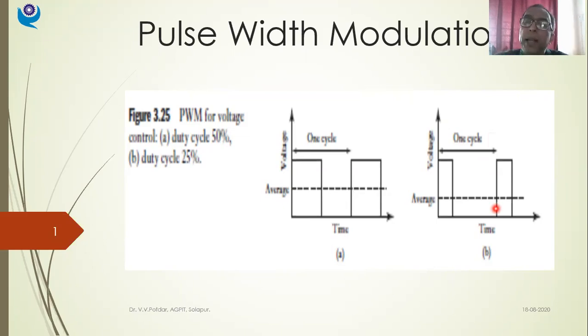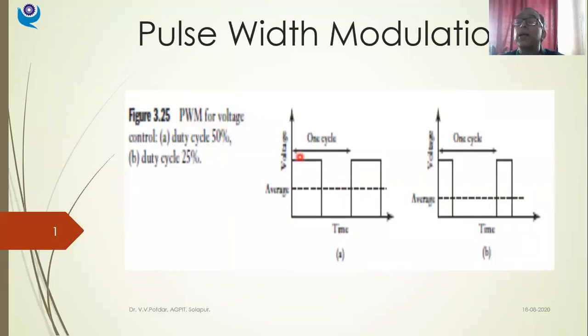So what will be the end effect? In half cycle I was getting average voltage of this value, because the original signal was supposed to be, let us say, having some value of 6 volt. Okay, original signal. Now after this pulse width modulation with 50% cycle, I will get average voltage of 3 volts. So I have attenuated it, I have reduced it. Similarly, I can amplify it also, 6 volts to maybe 12 volts. I can use it both ways.